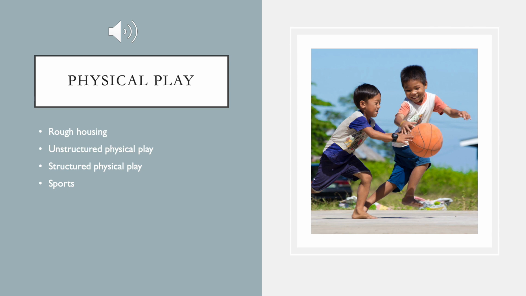And also with physical play, the last 2 things we want to look at are having both unstructured and structured physical play. And this creates a balance in children's decision making and their free time to create the types of play that they want to. So remember, we want play to be open-ended, non-literal, and also a free choice activity. So that unstructured time gives children that choice and allows them to choose their interest.